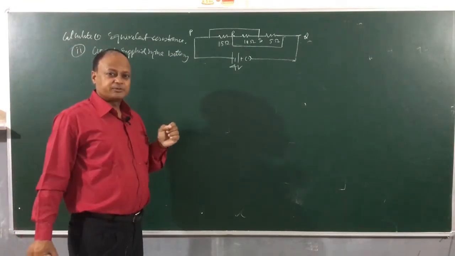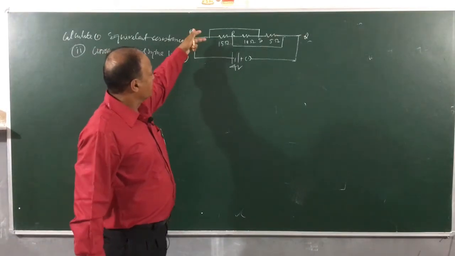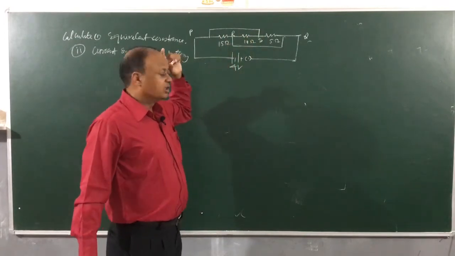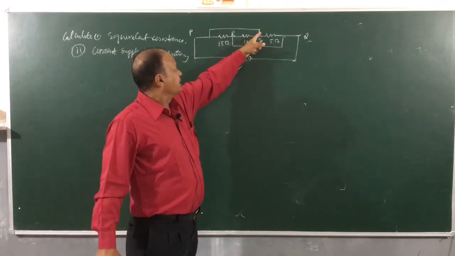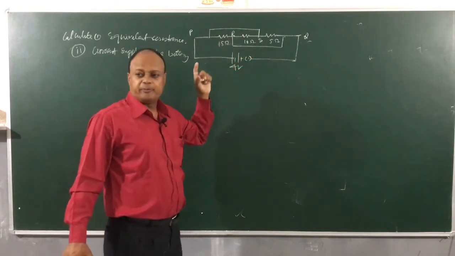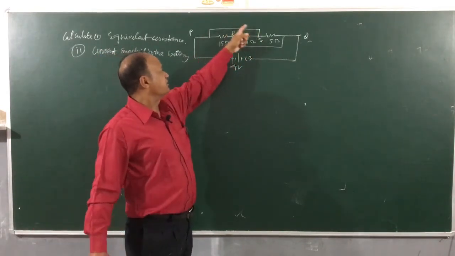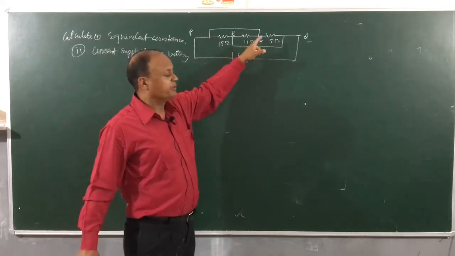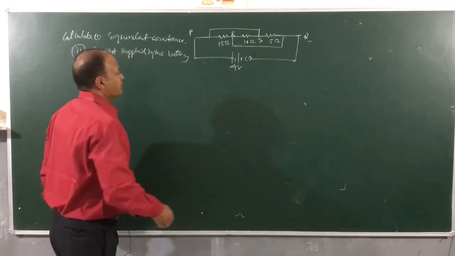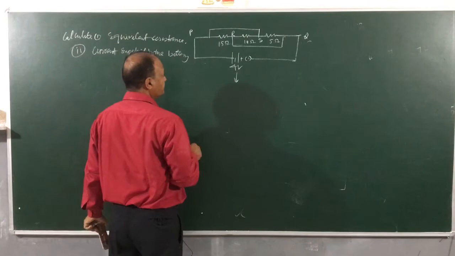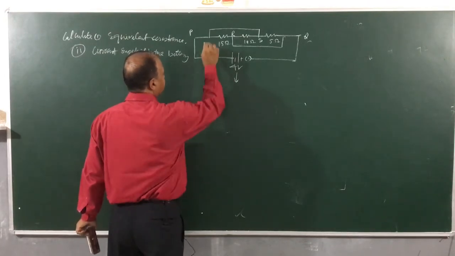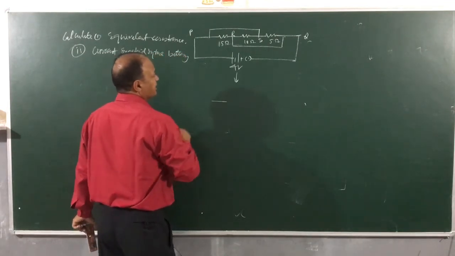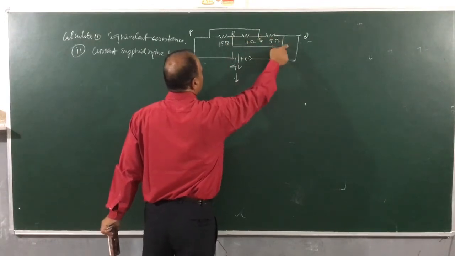Now I can use the concept of distribution of potential. You see, when I use this wire, we will assume that each point on this wire will be at the same potential, okay? Because this wire has got a negligible resistance, it is not shown. Therefore, we conclude that points P and S will be at the same potential. Let us redraw the circuit. Points P and S are at the same potential. Similarly, points R and Q will be at the same potential.